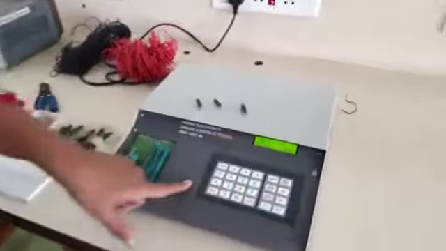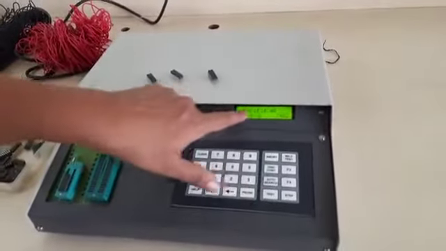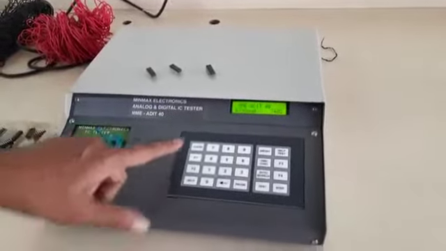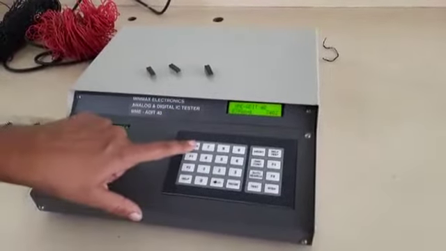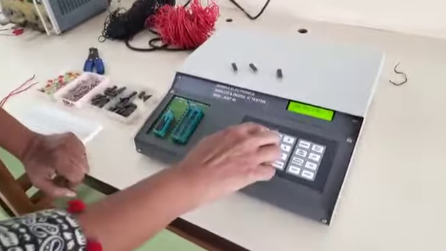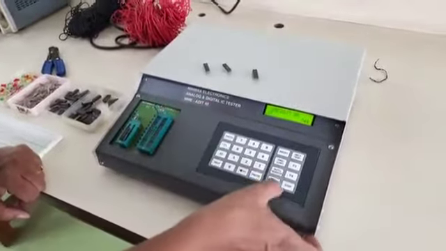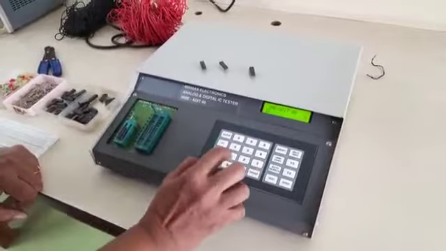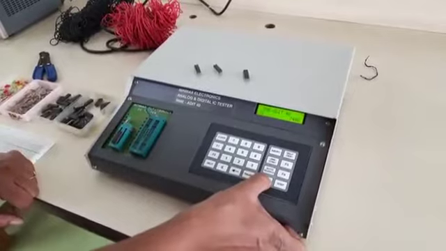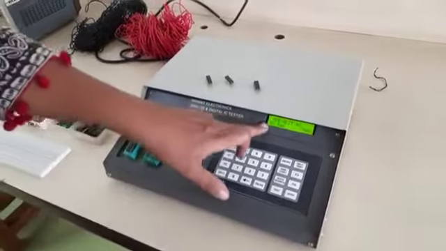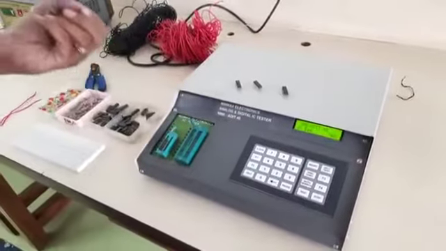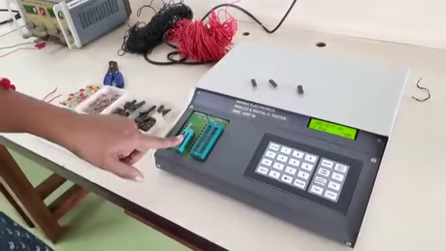Now in this part you can see the screen where the IC condition is shown as well as the keypad that is provided. This data is previous, we have to first clear it. Now you can enter the IC number using the keypad, like 7408, and we have to then press the test button. Okay, it is indicating that the IC is bad. Which IC? 7408. And also the buzzer will sound, indicating the faulty IC.